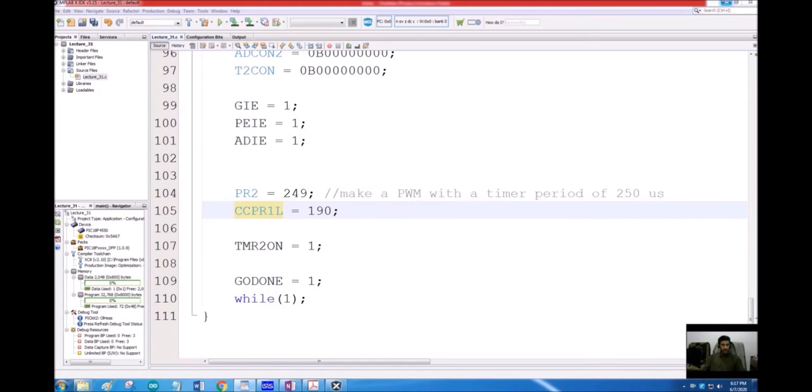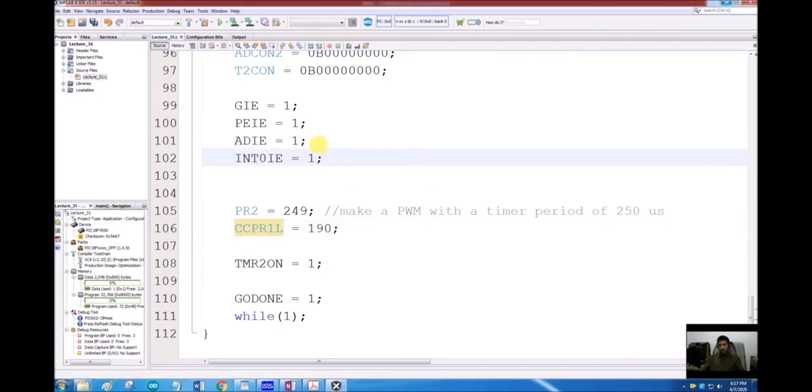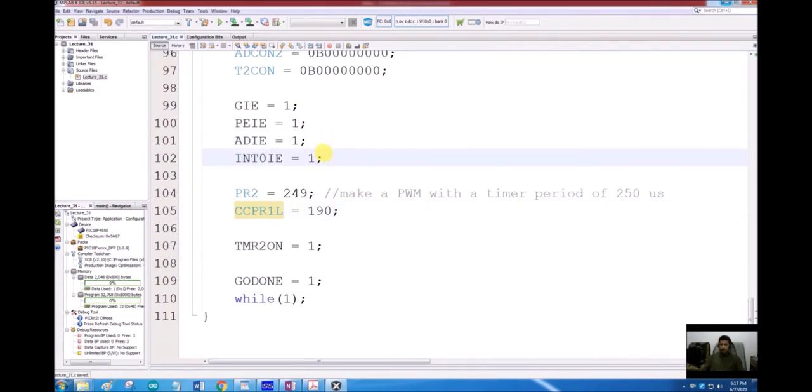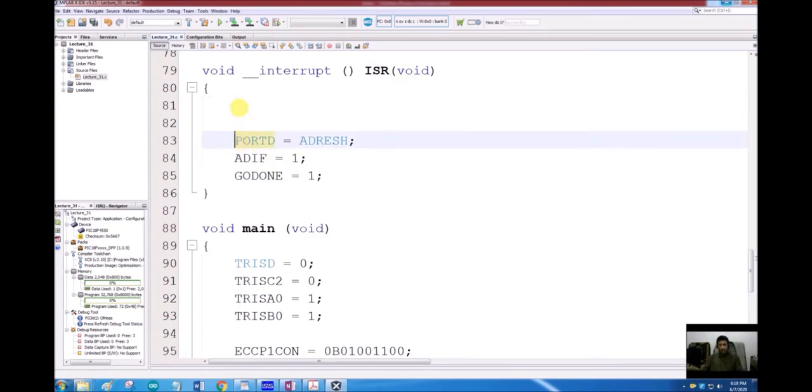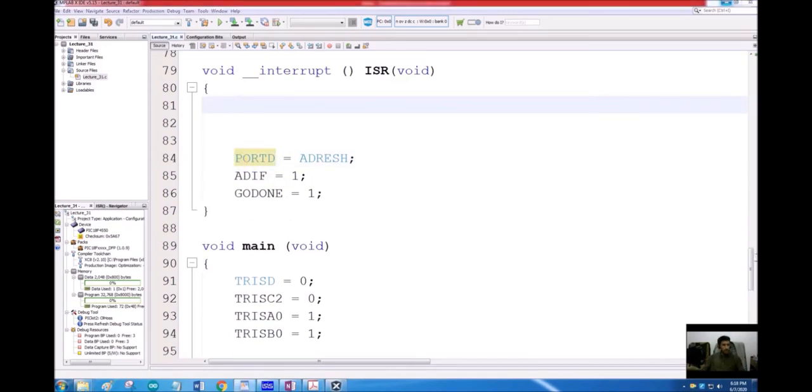In addition, I was enabling the external interrupt in addition to the ADC interrupt, so INT0IE is also 1 now. And what we were doing when the external interrupt came was, let's write it here, we were just changing the direction of the motor.